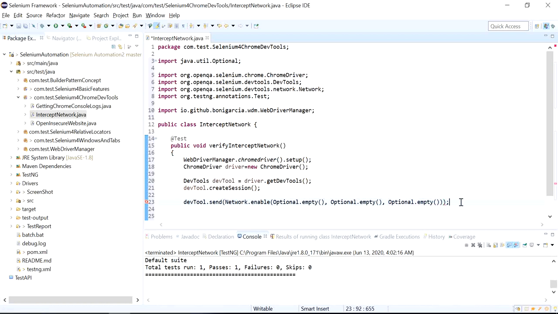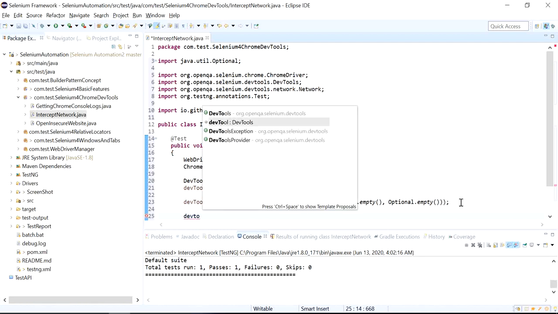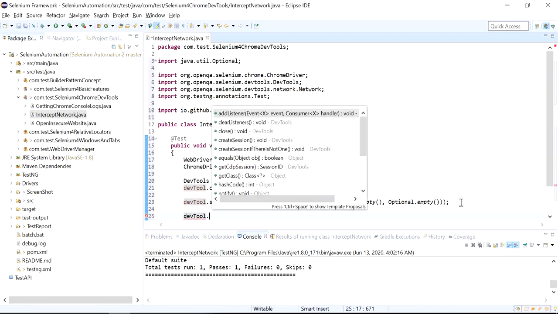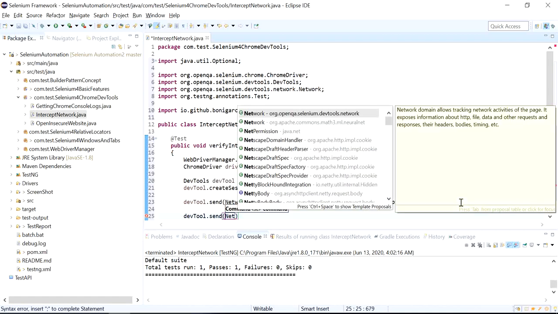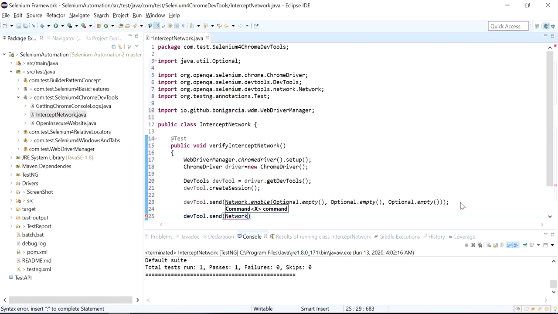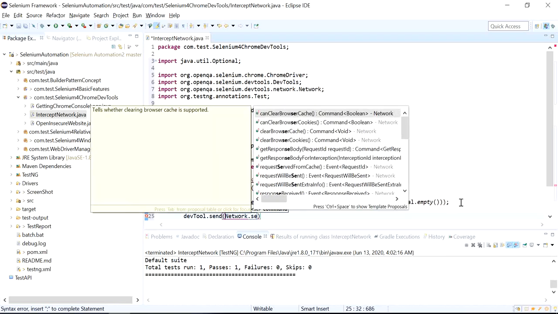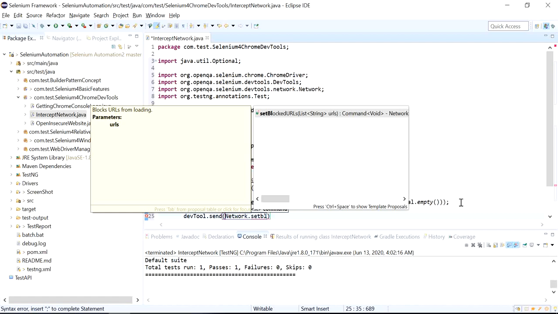So this is the command for enabling the network, and now I will say here devTools dot send, and here again I'll use the Network class, Network dot setBlockedURLs.